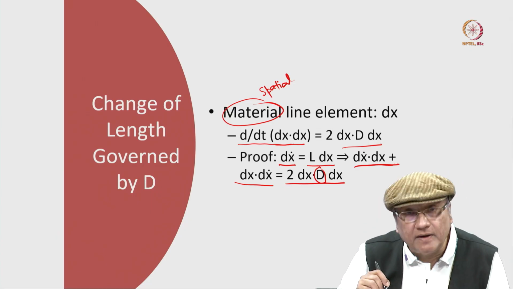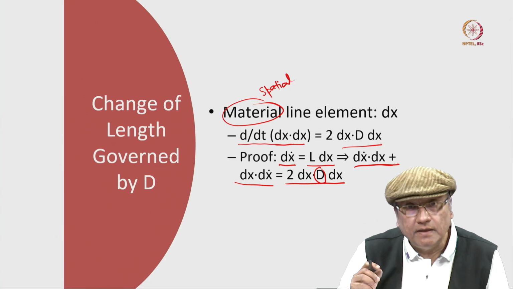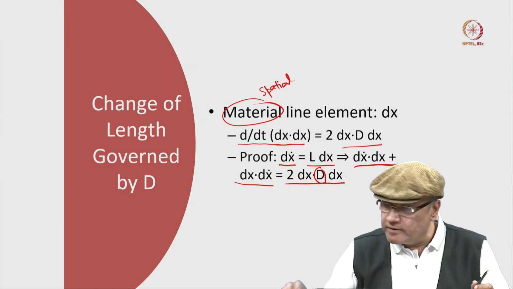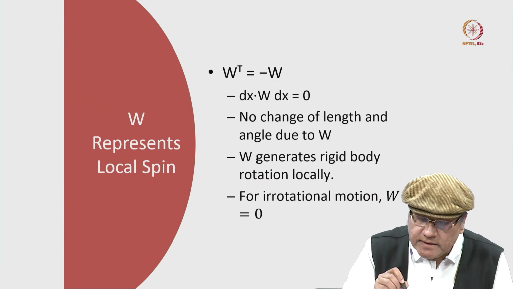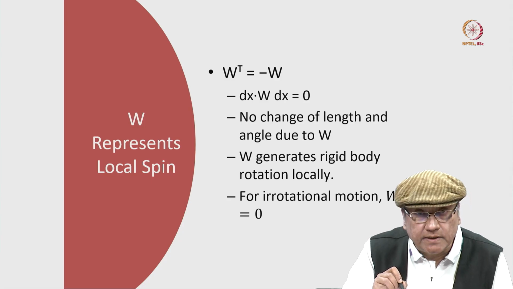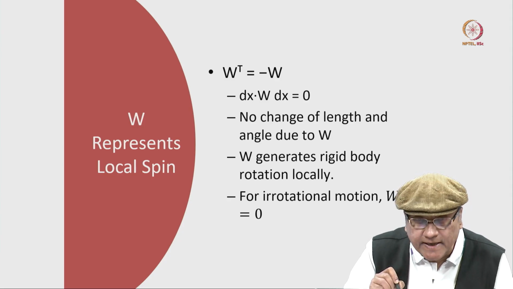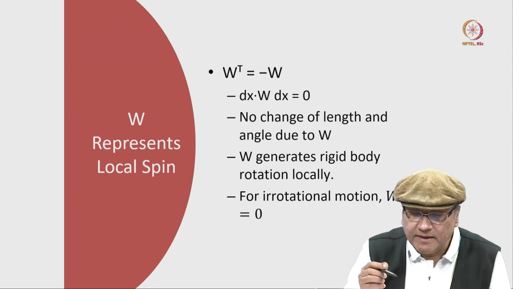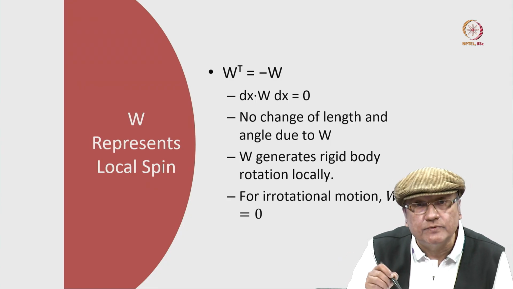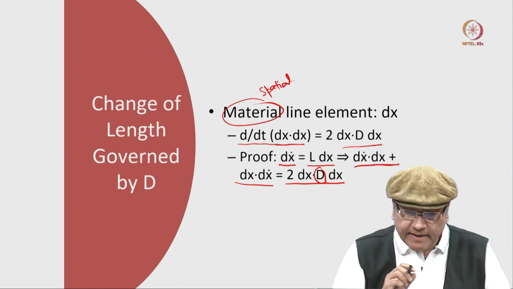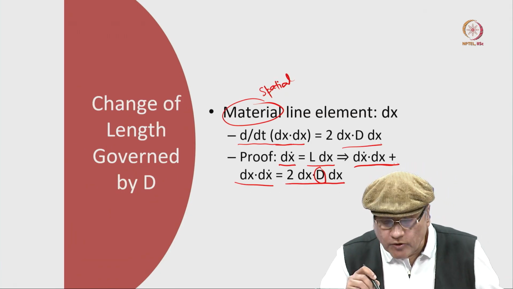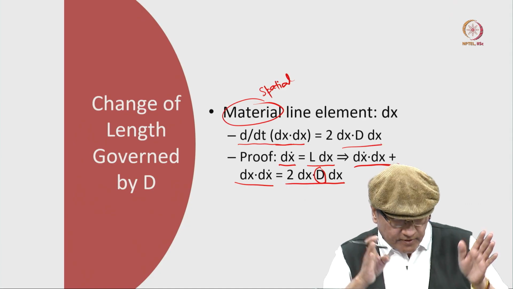This symmetric part comes and plays a role here. If you talk of the non-symmetric part of L, what happens is that dx dot W, the anti-symmetric part, times dx is 0, by the definition of the fact that W transpose is minus W. So basically what is happening here is that any change of length for the vector dx, for the small line